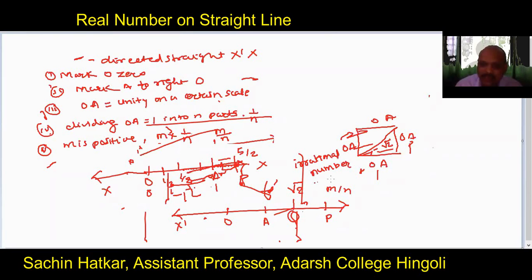If we take any multiple of root 2, suppose I multiply here q into root 2, then again it is an irrational number. Like this, root 2 into 2, here we get a point, root 2 into 3, here we get a point. So likewise, this is another irrational number, this is another irrational number, this is another irrational number. So there are also points for irrational numbers.